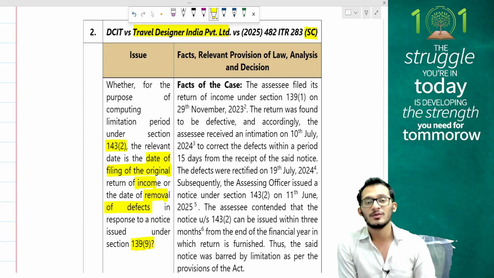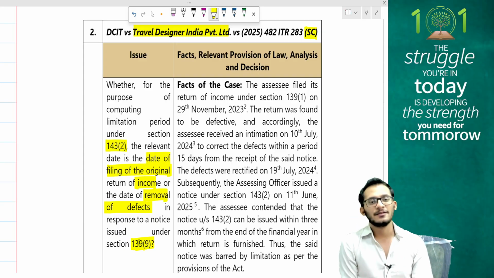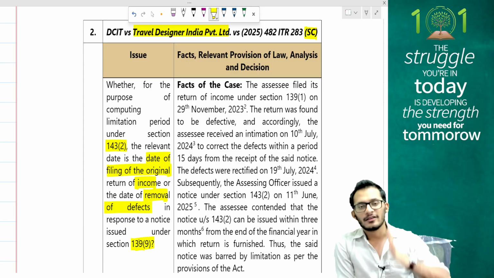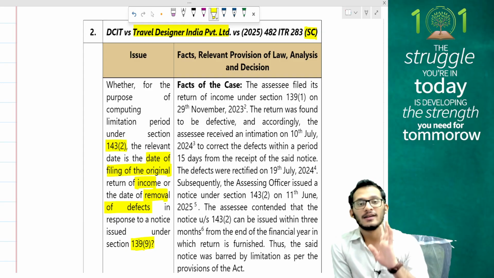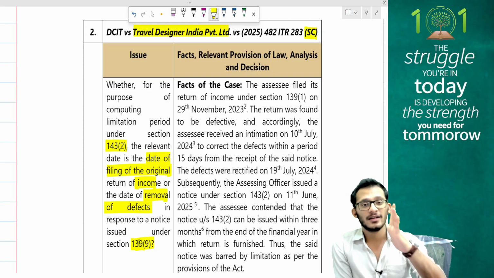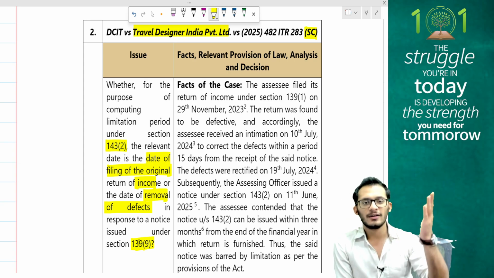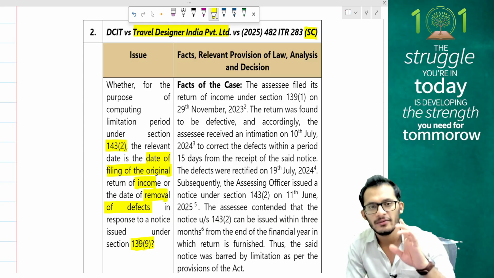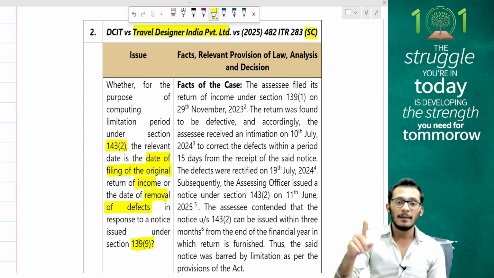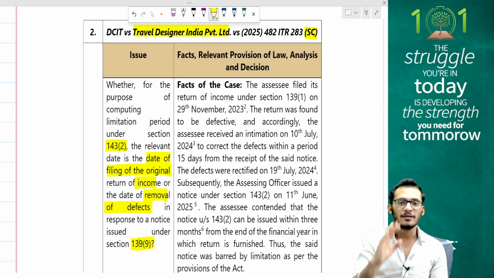Here is a case, people, which was a little interesting. The case happened as follows. There was an assessee who filed a return of income. Normally there is a timeline that you have to issue the notice for assessment within 3 months from the end of the financial year in which the return is filed. Therefore, in the current scenario, when you file a return for, let's say, assessment year 24-25, you will have to issue a notice up to 30th June 2025. That is what the mandate is.